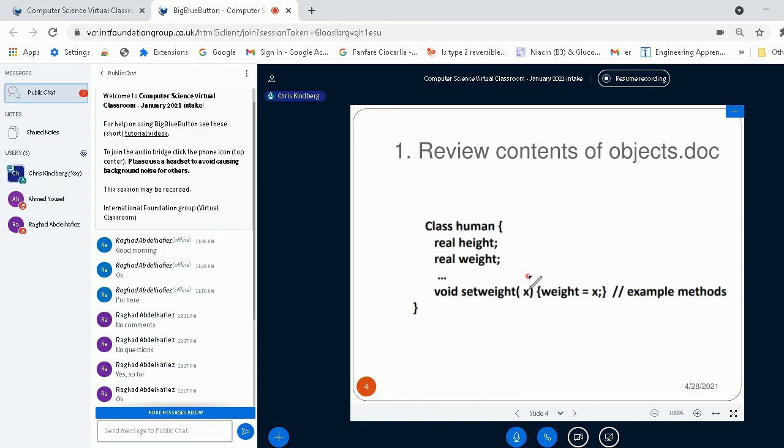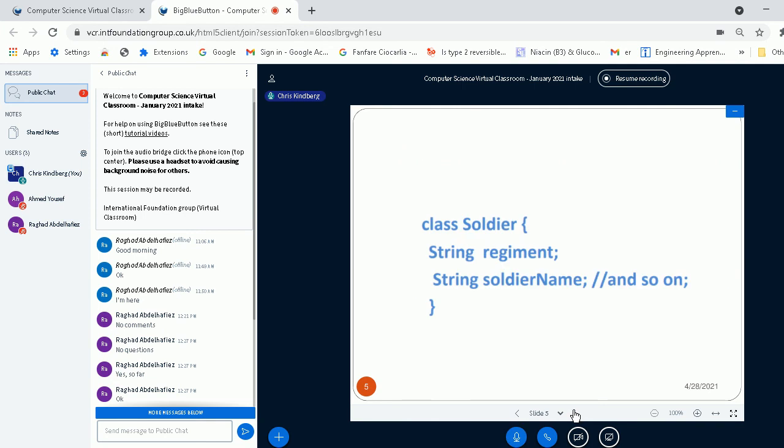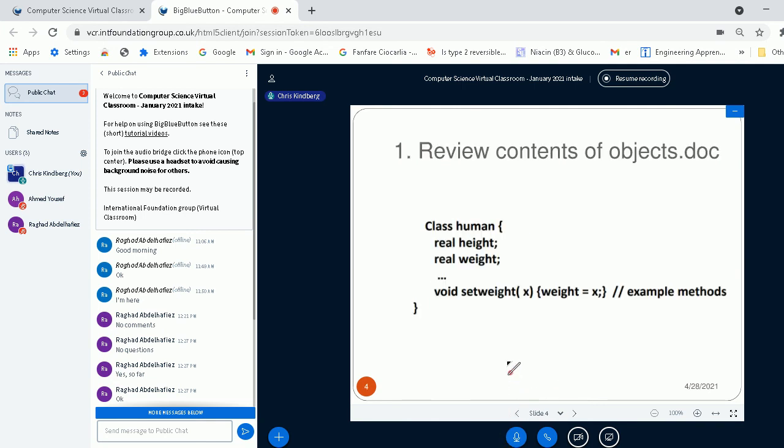It takes a single parameter x, and all it does with x is assign the value x to this variable. So if you want to change the value of this variable, you can use setWeight. And the question is, how would you use setWeight? I think I've given you no example here. No, I haven't, so I'll tell you.